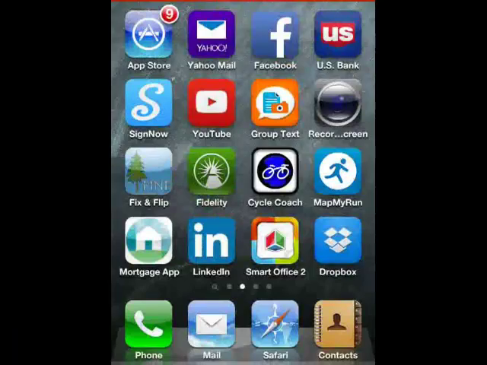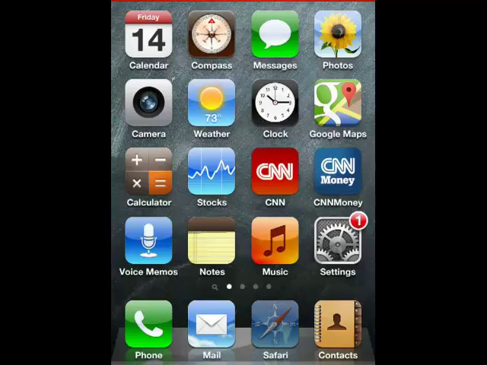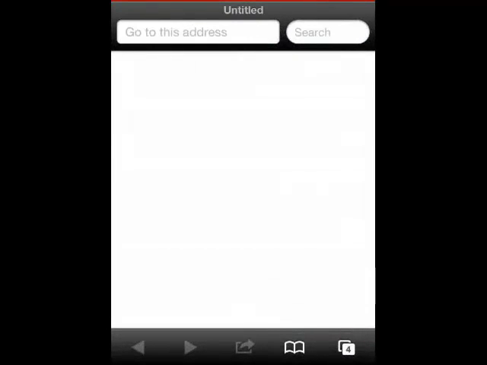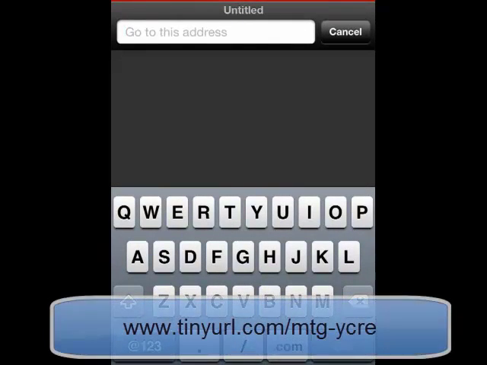Okay, so I've turned the camera around so that now we're taking a look at my iPhone, and I'm going to show you guys how to start by installing the mortgage calculator application. What you're going to do is go to your internet page. I use Safari because I have an iPhone. If you have an Android, you'll use whatever their internet browser is. So you're going to go up to your address bar, and the website address is a really long and drawn out address to install it, so I've created a short one for you, and it's